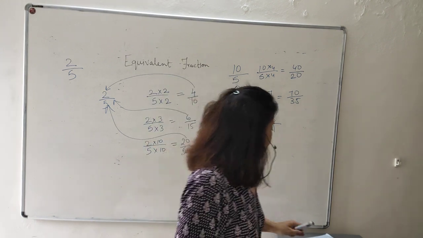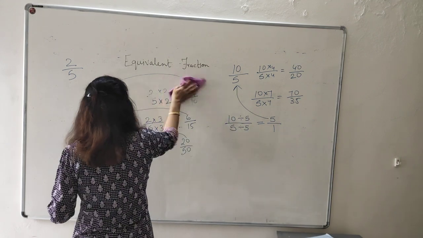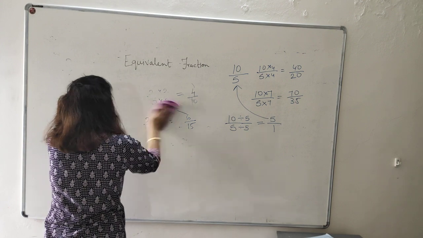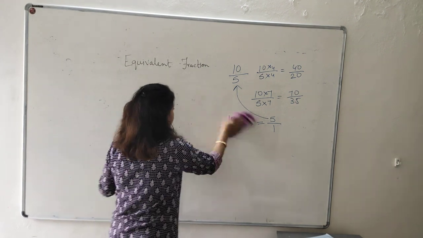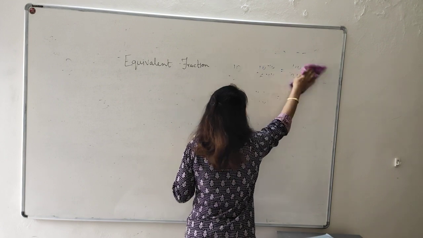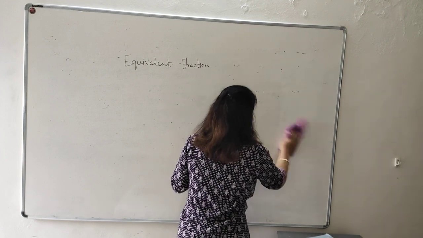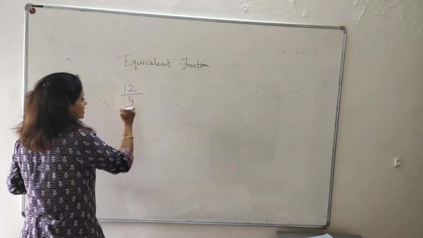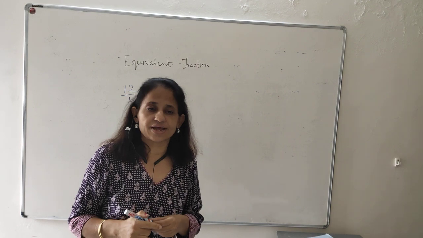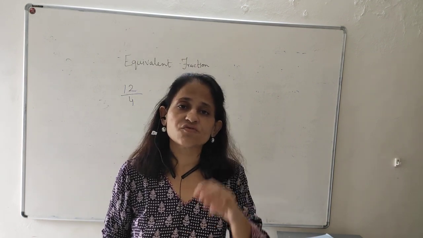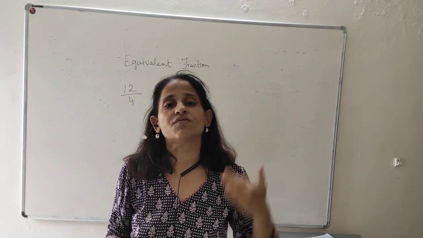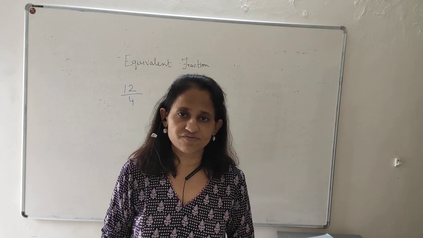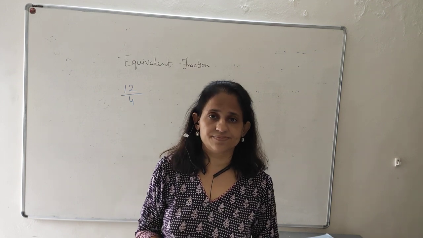Now children, suppose I take an example of 12 upon 4. I want to find an equivalent fraction of 12 upon 4 with the help of division. With multiplication, you can multiply with any number and you will get the equivalent fraction. But with division,